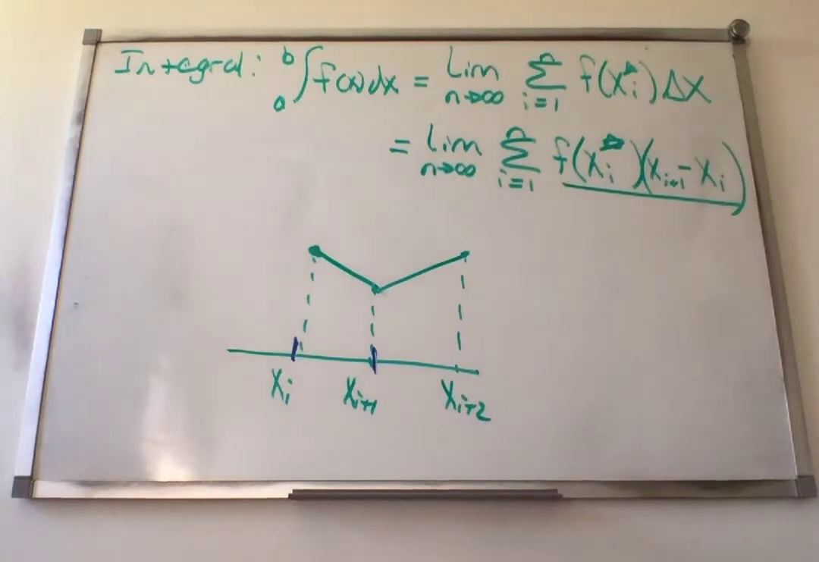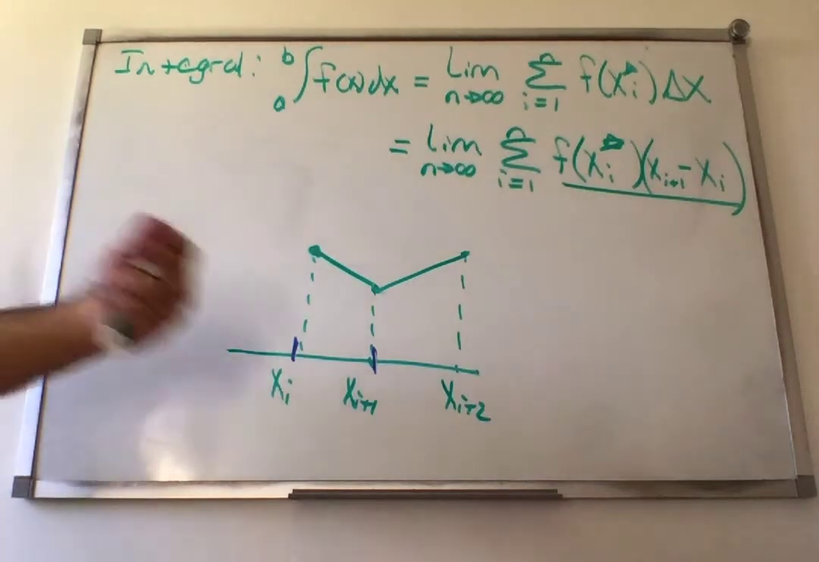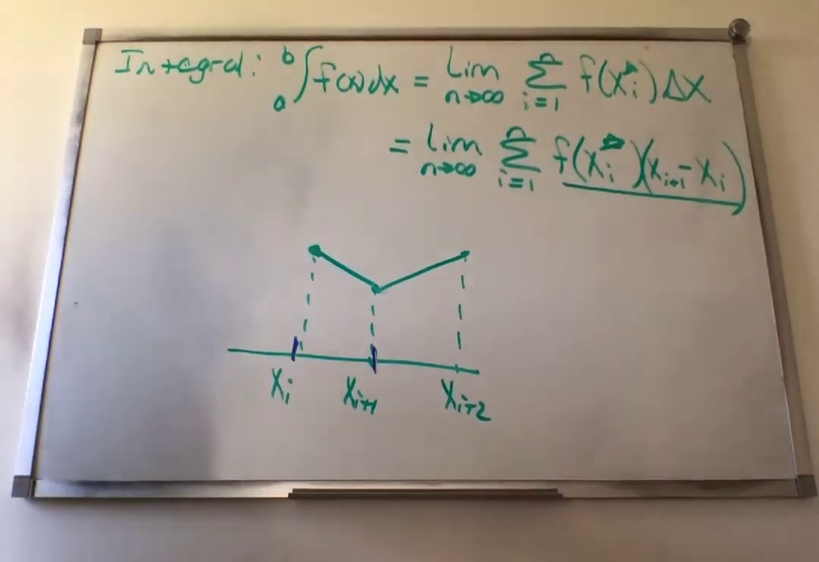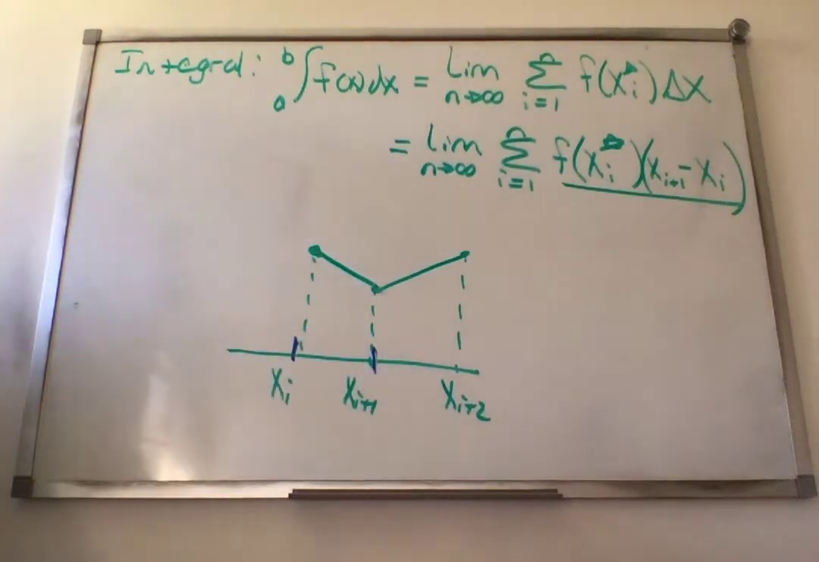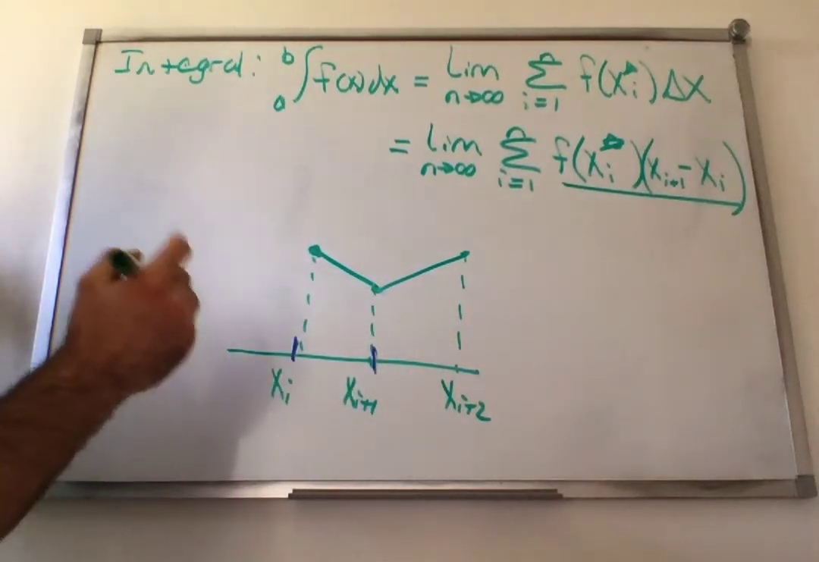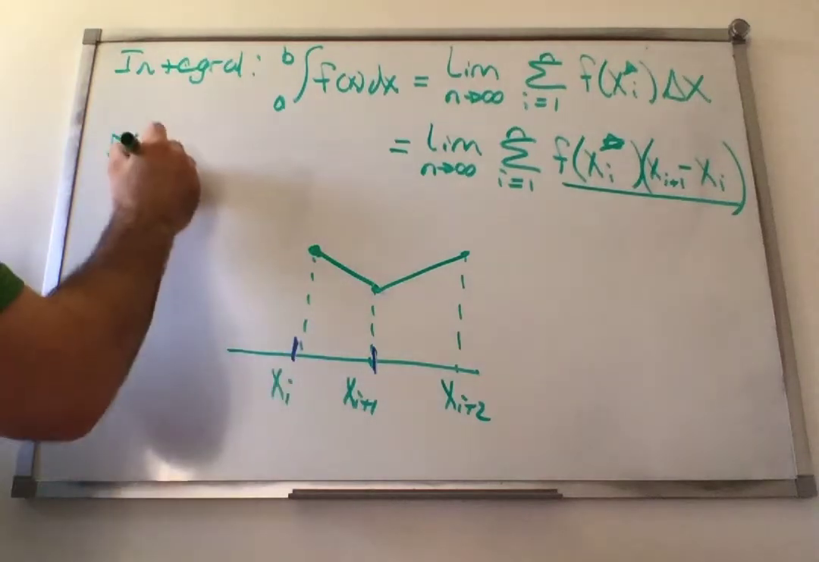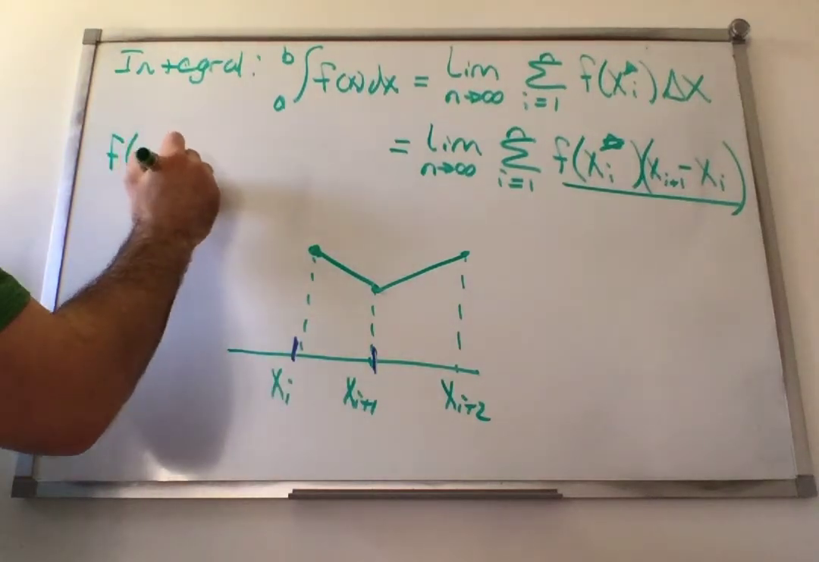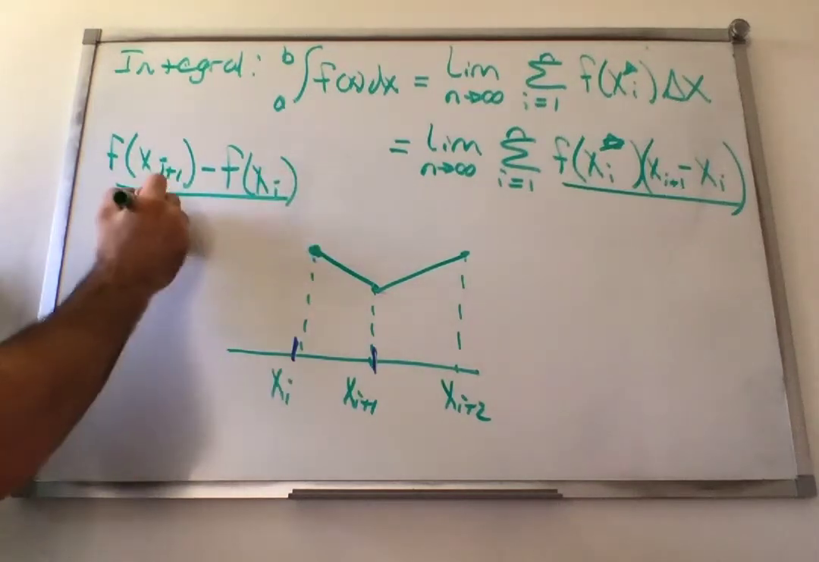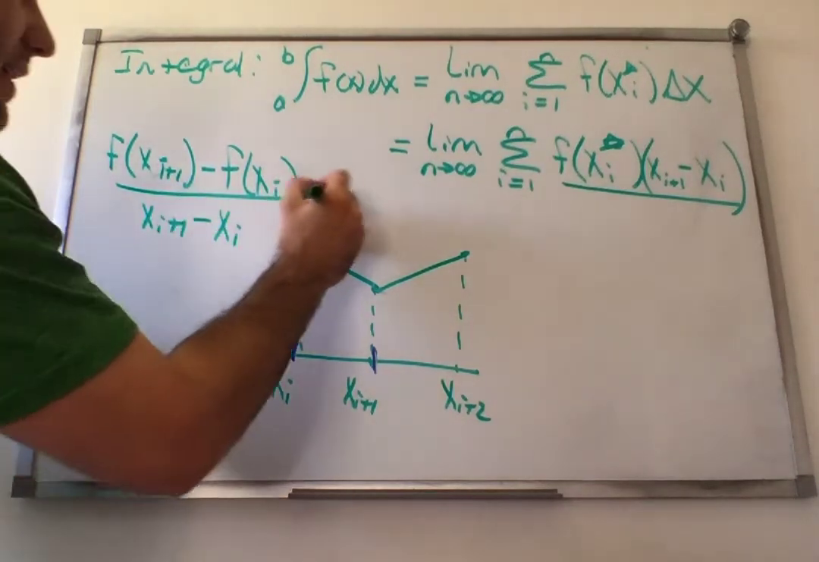Since we know that our function is continuous and differentiable from a to b, then any subinterval from a to b must also be differentiable and continuous. If any subinterval is differentiable and continuous, we can apply the mean value theorem. So on this subinterval right there, by the mean value theorem, there's some F of x sub i plus 1 minus F of x sub i divided by x sub i plus 1 minus x sub i is equal to,